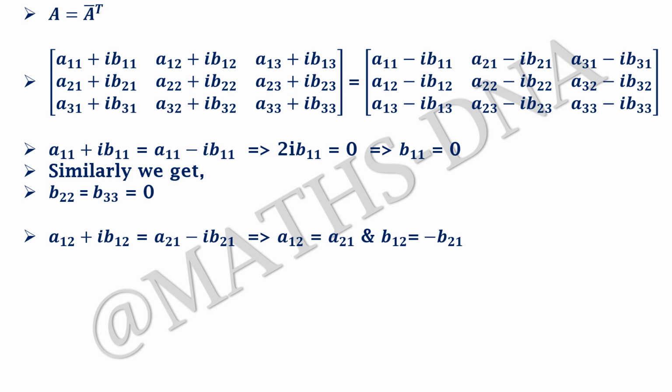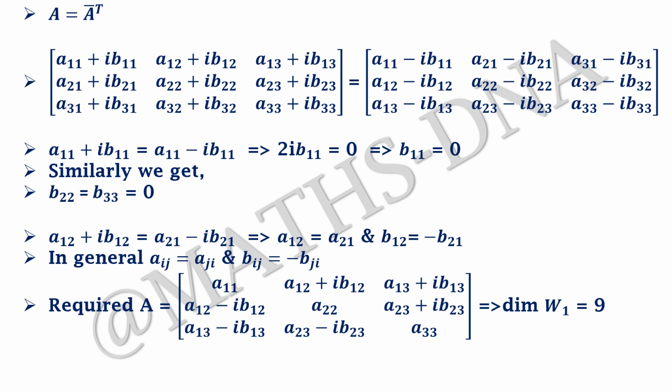Now comparing the other entries, that is the second entry, A12 plus iB12 equals A21 minus iB21. Now here we get A12 equals A21 and B12 equals minus B21. We are comparing just the real and the imaginary part. In general, you can say it as Aij equals Aji and Bij will be equal to minus Bji, and